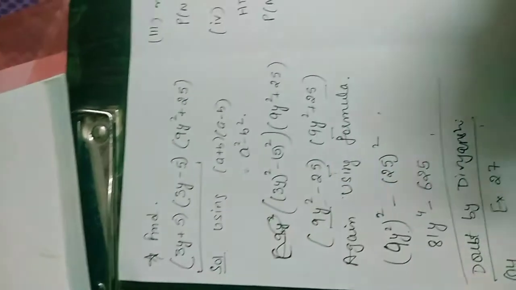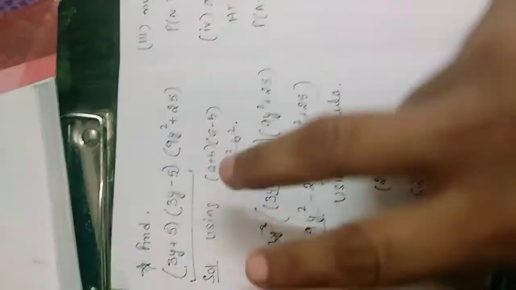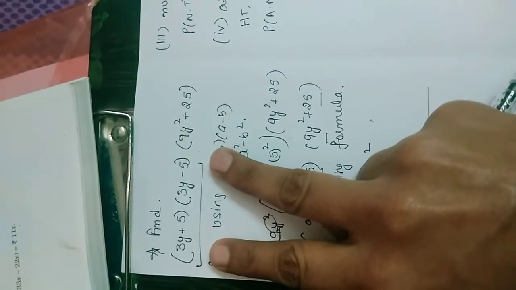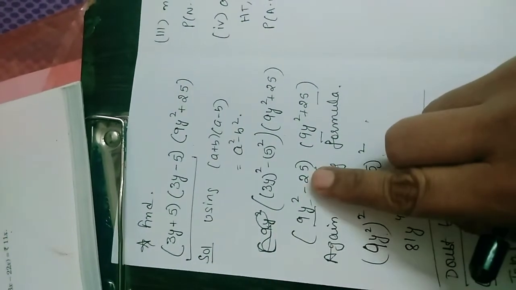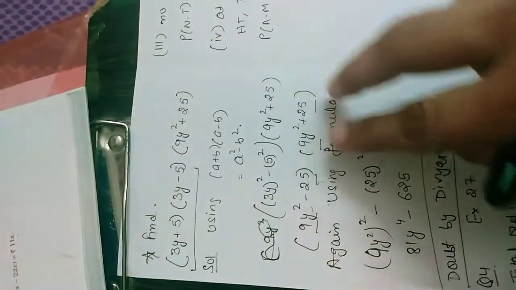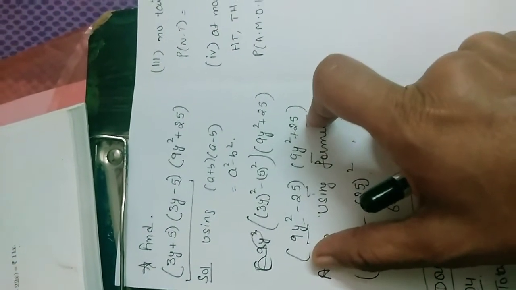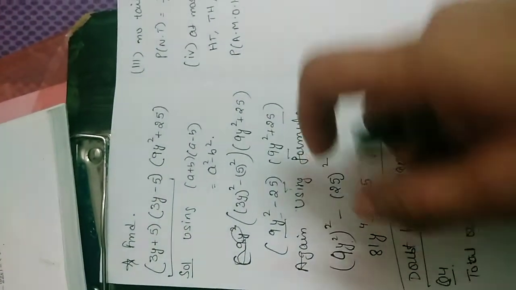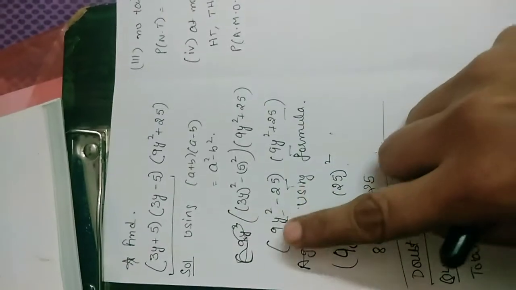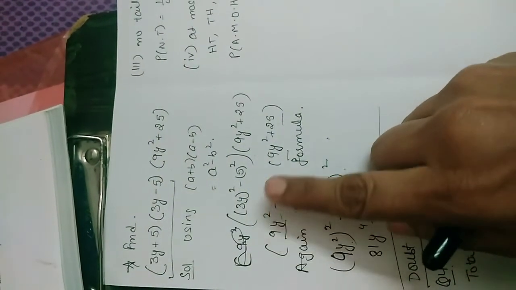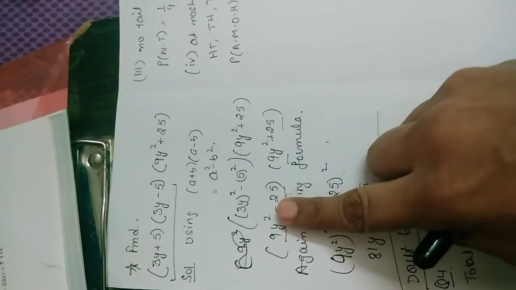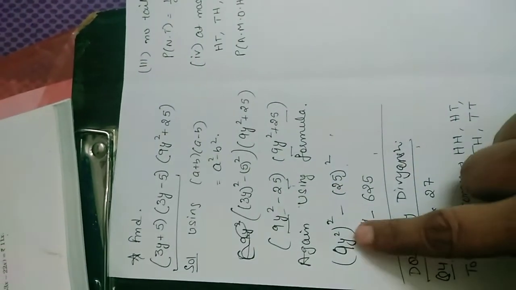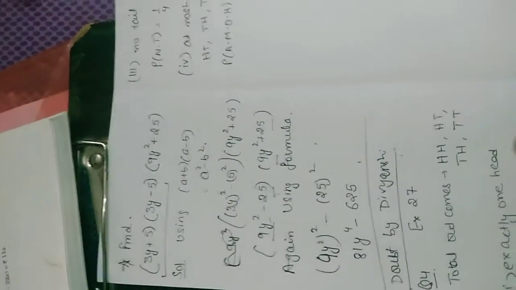It means you have to use the formula two times. First of all, no need to touch it, solve it. a plus b, a minus b, that is a square minus b square. Again now you can correlate this bracket, because they are also creating a formula. Again a minus b, a plus b, because the value of a and b is same and only the sign is different. So this is also an identity. So a square, a is total 9y square whole square, so 25 square.